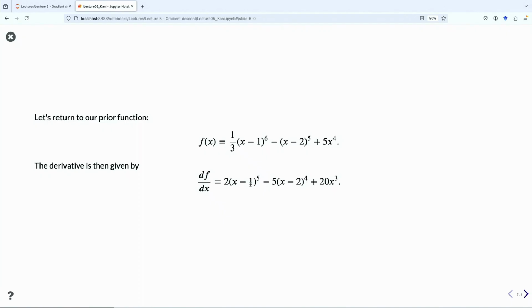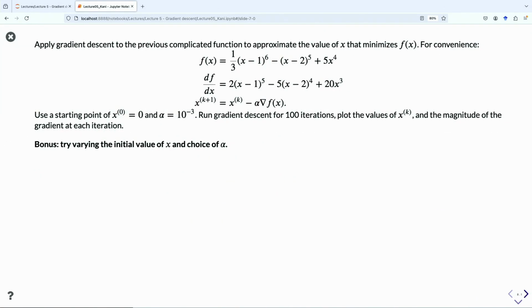Okay, so we have the function that we want to minimize, we have its gradients, and we have the process here. So from a starting point, x0 equals 0, we'll choose a learning rate, and we'll run this gradient descent for however many iterations. 100 iterations seems fine. These are all arbitrary values I'm picking out of the air. And then we'll plot the values of x and see